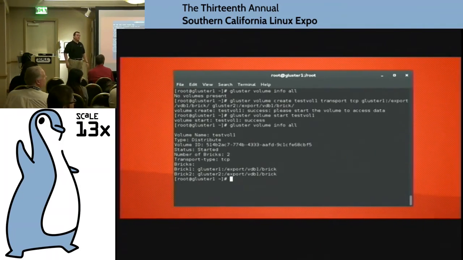Did you have a question? Sorry, I missed something. Is it effectively that you leave replica out? Mm-hmm. Then it's not a replicated volume, it's just a distributed volume. Remember I talked about how you can do either distributed or replicated, or distributed or striped, but we're not going to get into striped. Right. So distributed means if I have 4 servers and I write 4 files, it's 1 per server. There's no redundancy. You have to back up some other way. No. You lose one, you lose 1 file. The other 3 are still there.